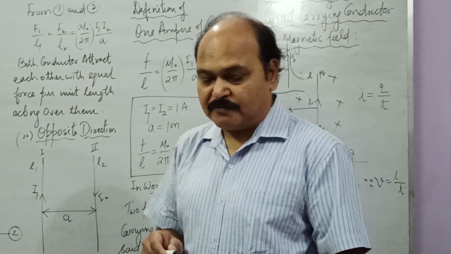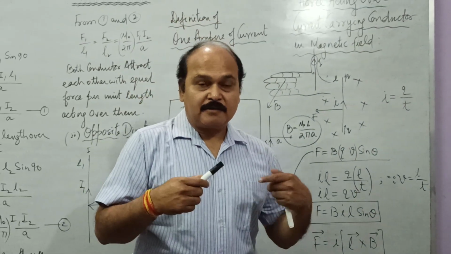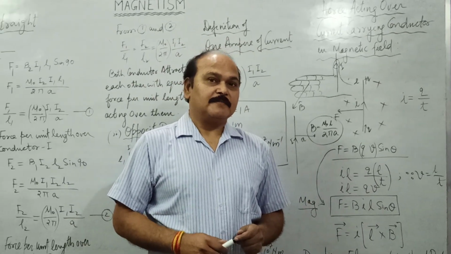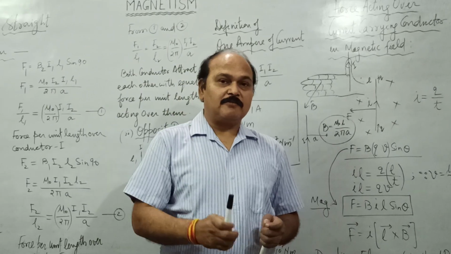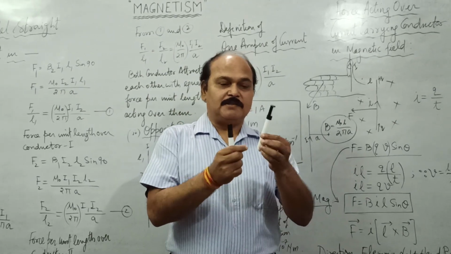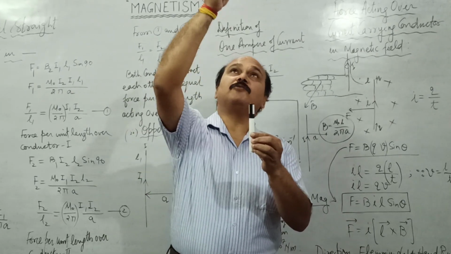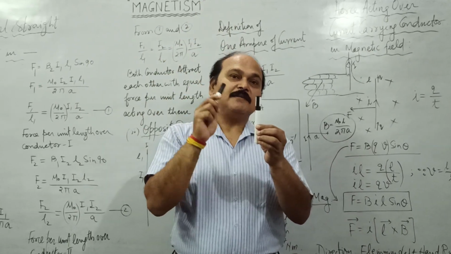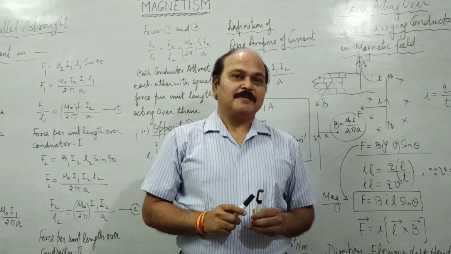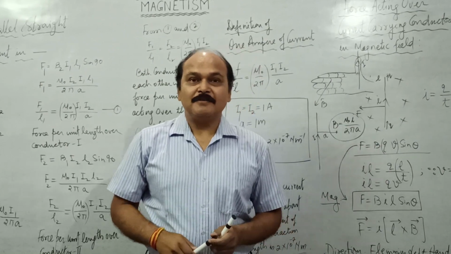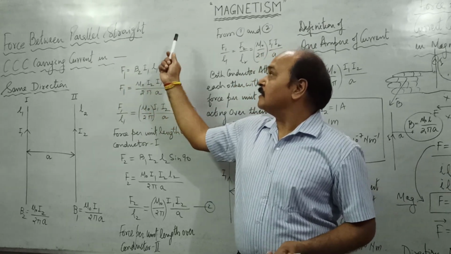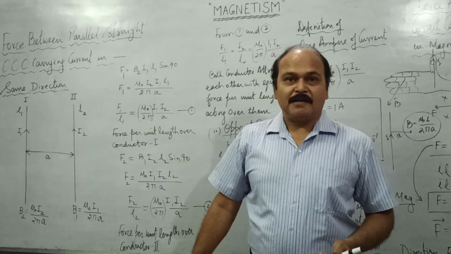And another result which we all know is the value of magnetic field over the axis of current carrying conductor. The value of magnetic field over the axis of current carrying conductor is always 0. This is current carrying conductor; at any point over its axis, both inside as well as outside, the magnetic field is 0. Now let us switch over to the article of the day, that is force between parallel straight current carrying conductors.